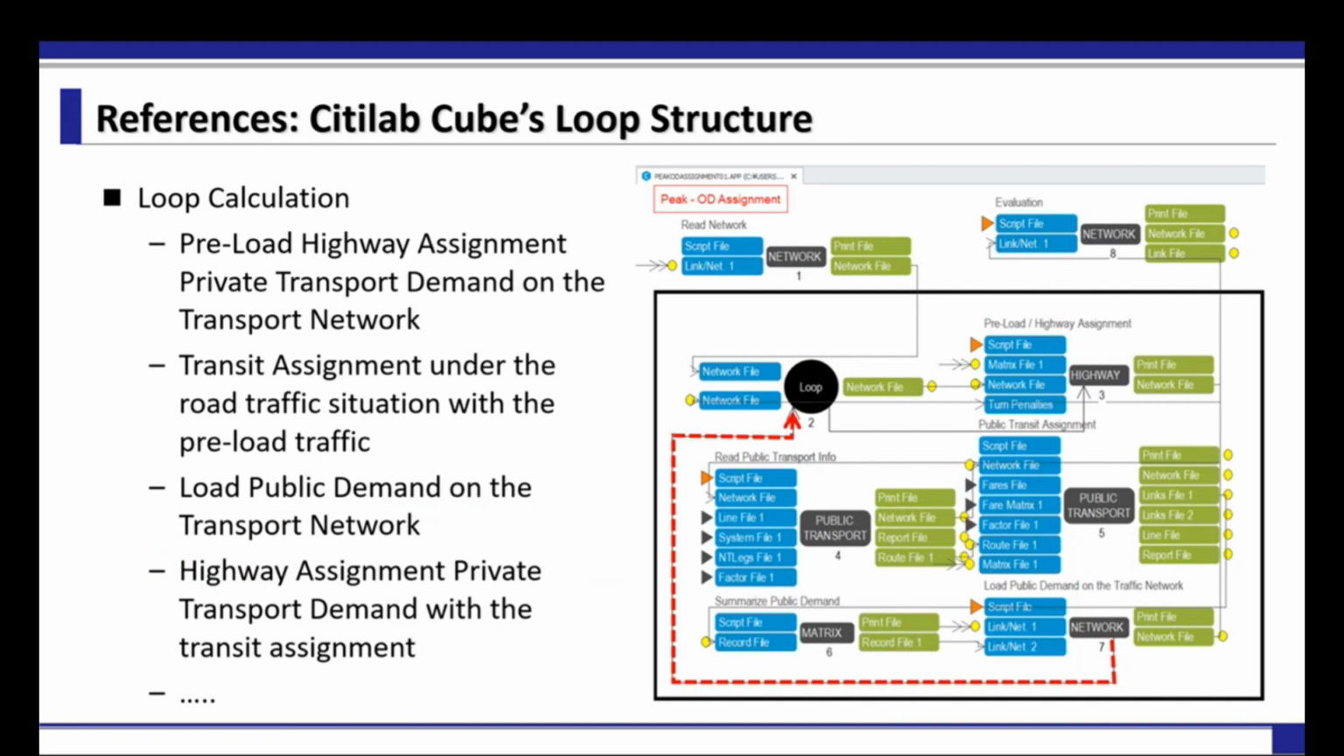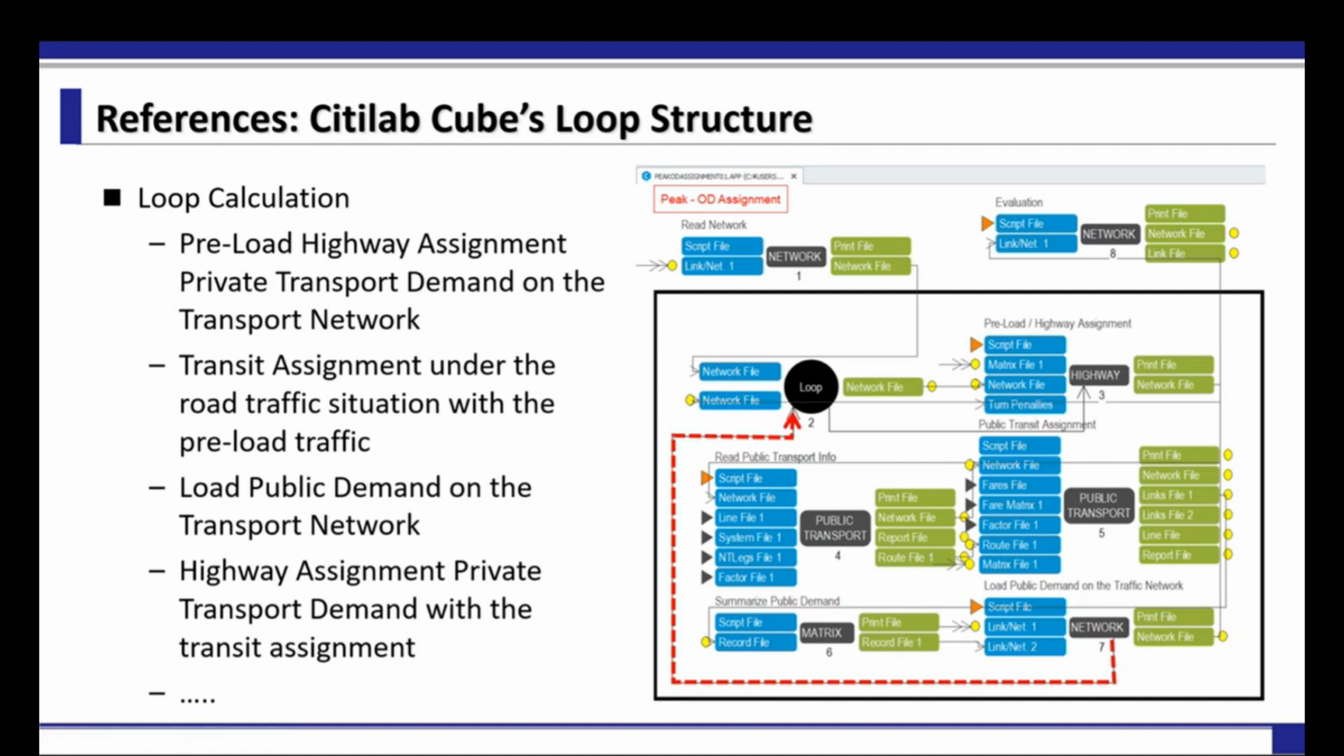Some other demand forecasting software, called City Lab Cube, has loop calculation functions installed. For example, the preload highway assignment is conducted. Then based on the assignment result, the travel speed by the road sections can be estimated. Using this network file, the transit assignment is conducted. Then based on this result,